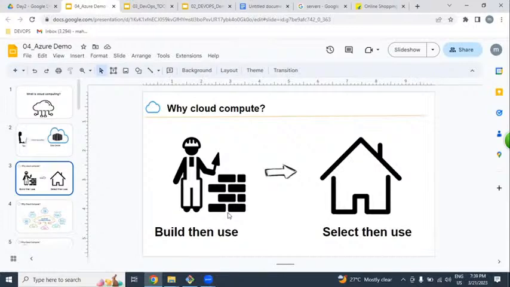So instead of buying servers, what are we going to get? Rental servers, and we will easily deploy our application. For example, you want to buy a server. What will happen? If you buy a server, where can you keep it? In a big room that we call a data center.